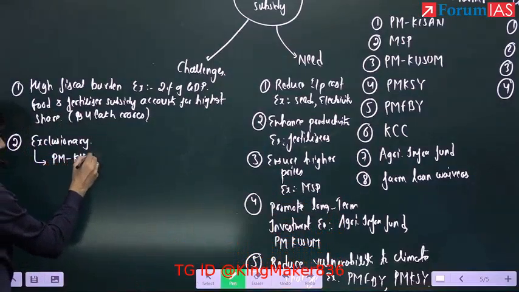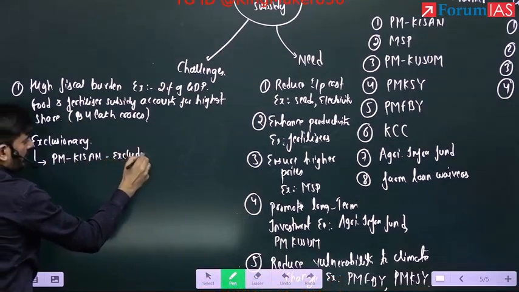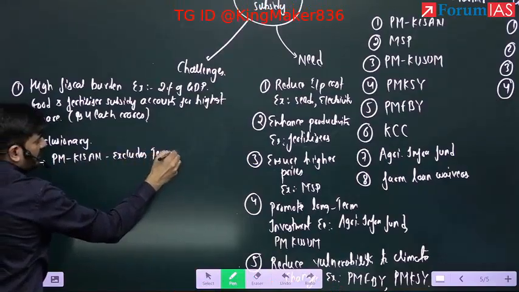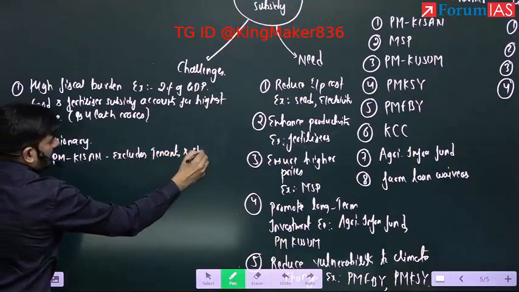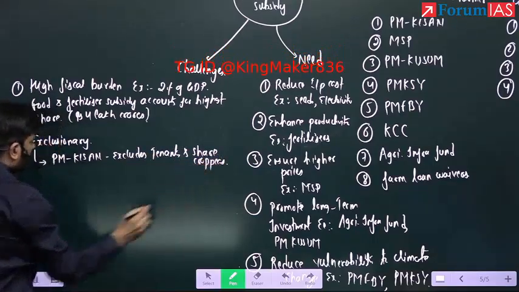PM Kisan excludes tenants and sharecroppers. Second,